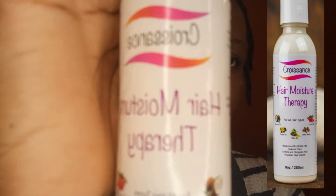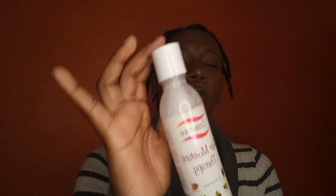Today what I'm going to be doing is another product review, and this product review is going to be done on this product right here. Right, it's the Croissance Hair Moisture Therapy. Now they have other products within the line, such as the shampoo, the conditioner. I think I've seen a herbal oil. However, I've never been able at one time to get my hands on all of those products at once for the line. So what I'm going to be doing is just this